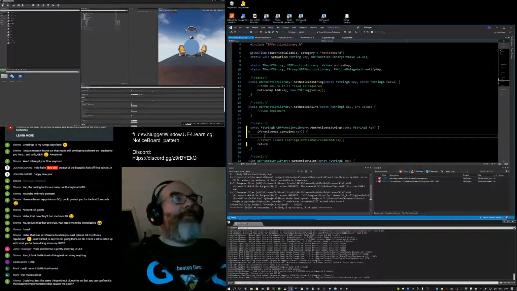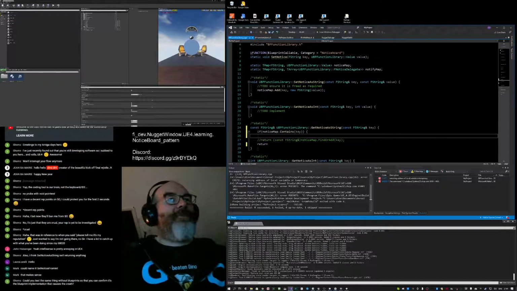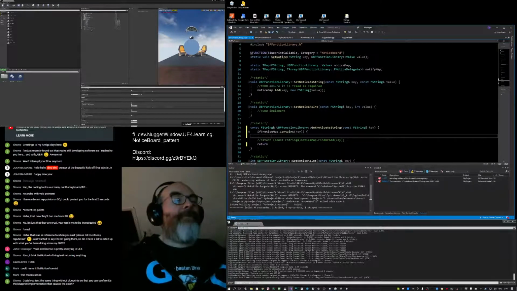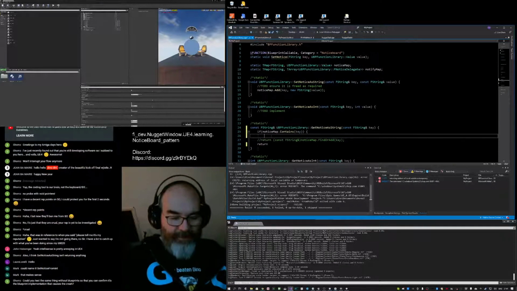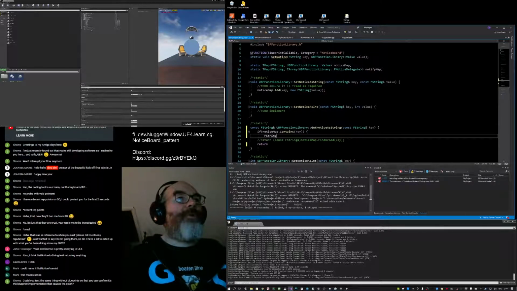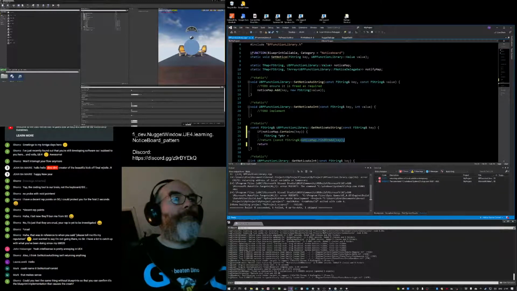Then at that point, because if it doesn't contain the key, it will generate a default value of the void pointer, which is likely to be 0, and so then you will get a crash. So it could be that the key just doesn't exist. So let's check. If it does contain the key, then let's do it in steps. The first step is to get that void pointer and cast it to what it actually is, which is an FString pointer. Like so.